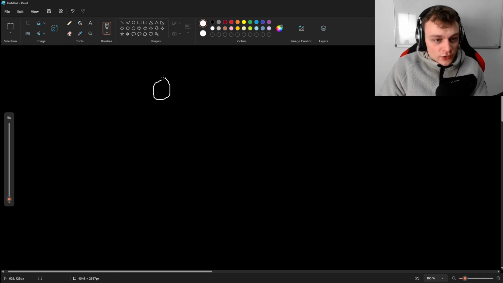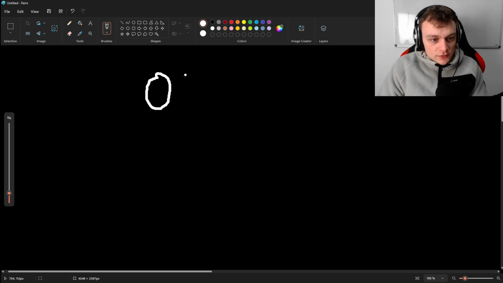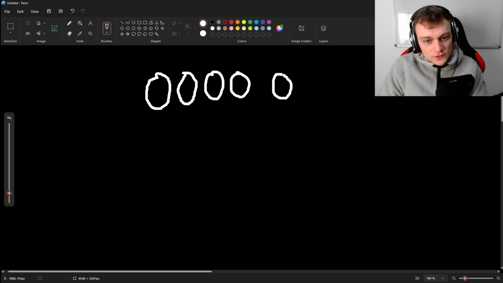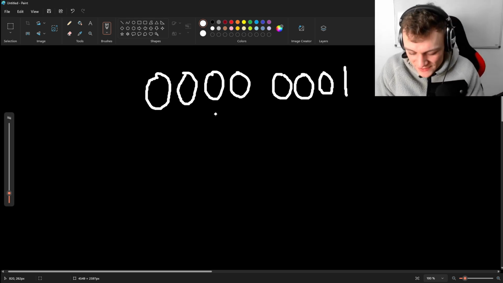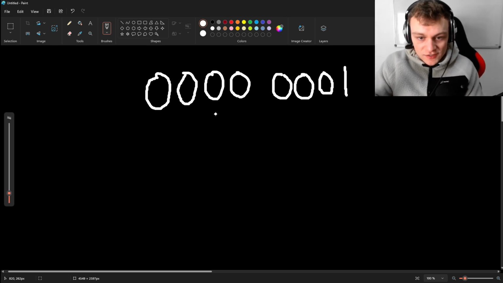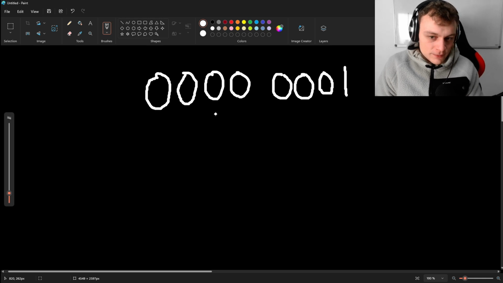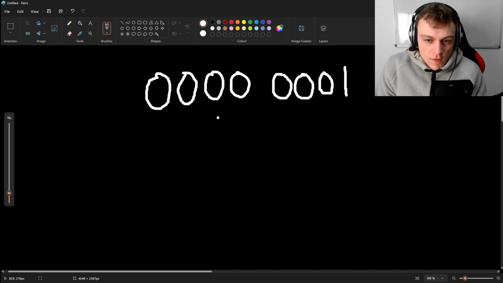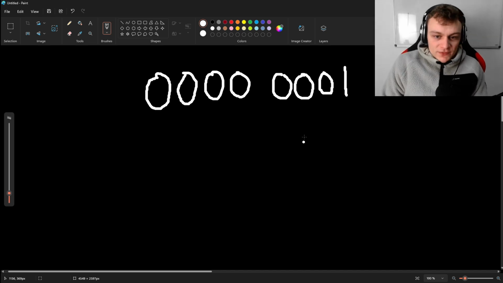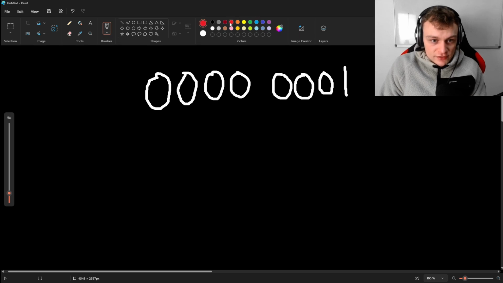Let's imagine you have the following bit pattern in your memory. Let's say 0, 0, 0, 0, 0, 0, 0, 0, 1. So this is the simplest possible 8-bit pattern. Okay? Now let's bit shift this